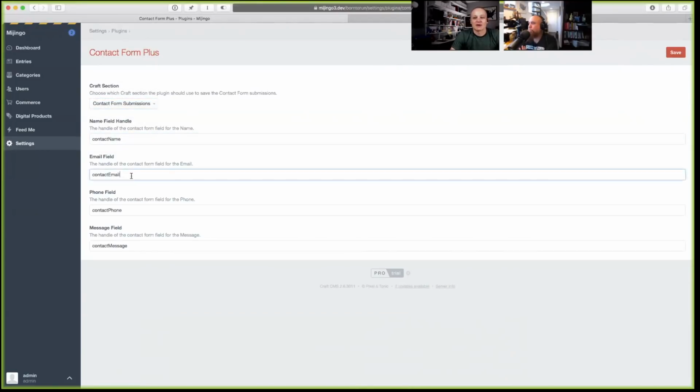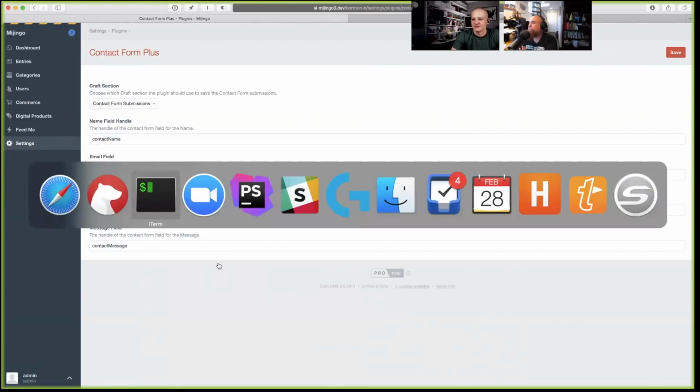And right now, my next step was, all right, I'm going to determine beforehand that there's going to be these 4 fields in the forms. Obviously, this is already limited, right? This already kind of sucks in terms of being usable to a lot of people. And then these are the field handles that I have entered in here. And so then on the back end, if I can find the code,